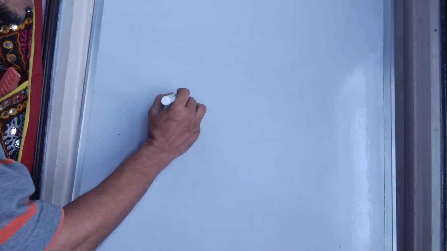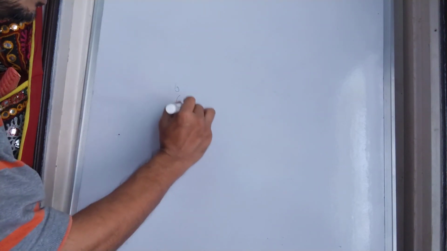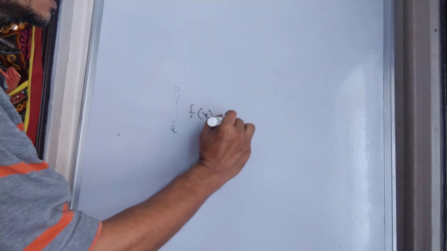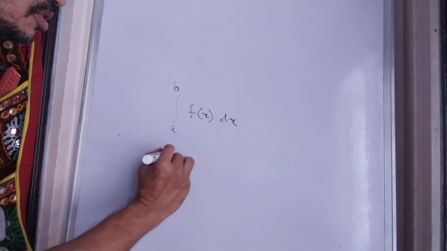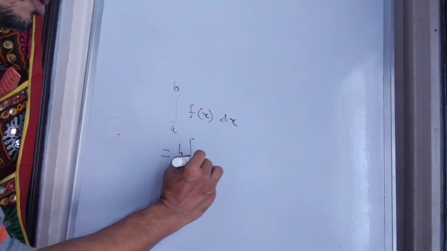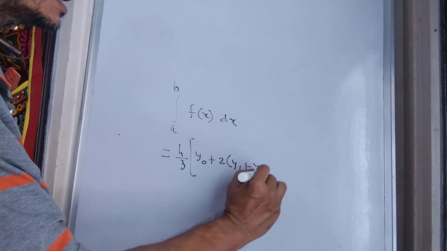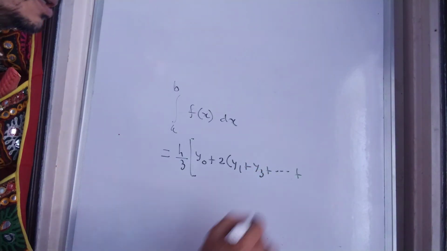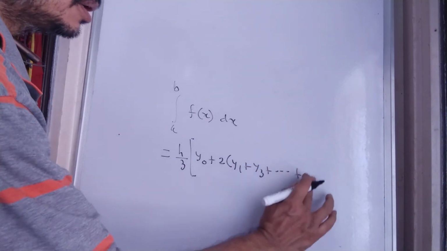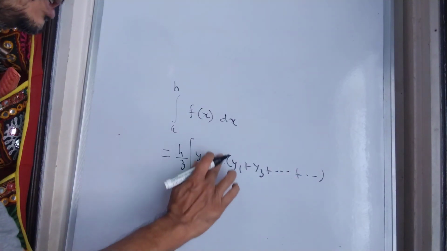We all know that in case of Simpson's 1/3 rule, we put n equal to 3, and in that case we can similarly find out the error involved in replacing this integral from a to b of f(x) dx with the Simpson's 1/3 rule, which actually is nothing but h by 3 times y0 plus 2 into y1 plus y3 plus dot dot dot all the odd terms plus, sorry, this is 4 into, this is